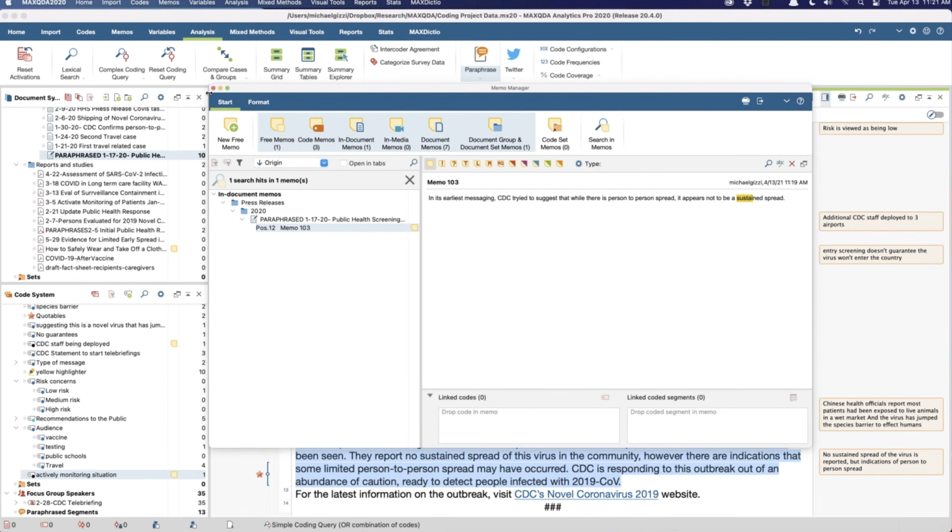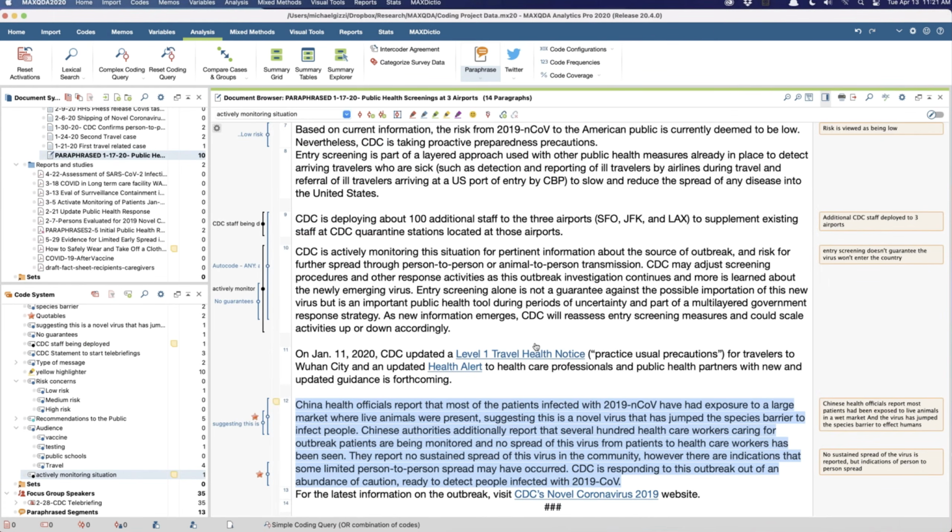I can't search for comments. I use them both. If it's something brief and it's tied specifically to a segment, then I use a comment. I might still use a comment for the coded segment, but I might also write a memo if it's something more important.